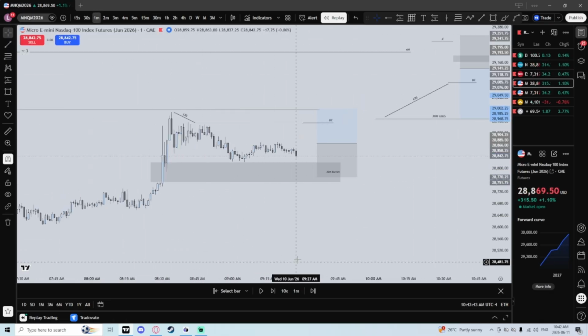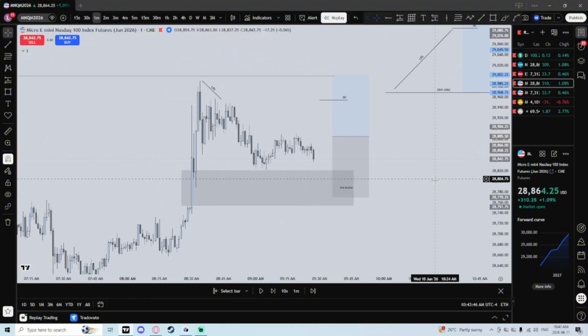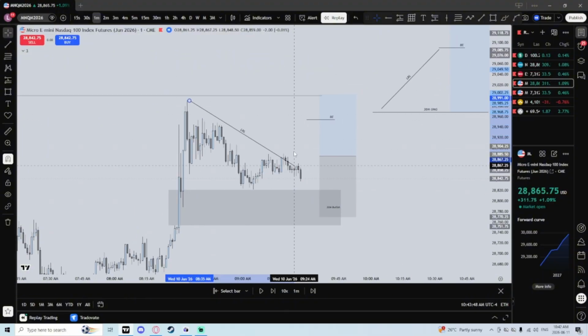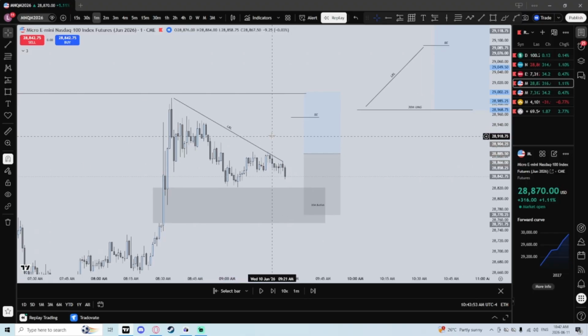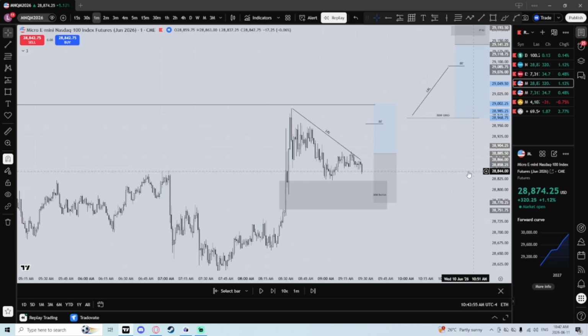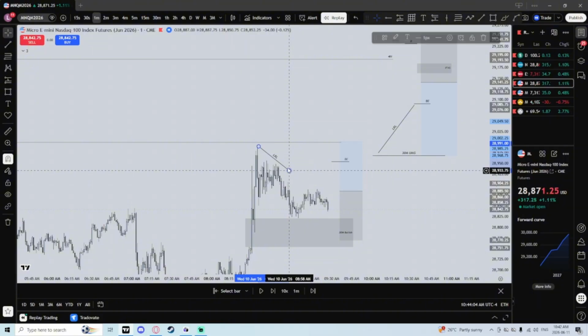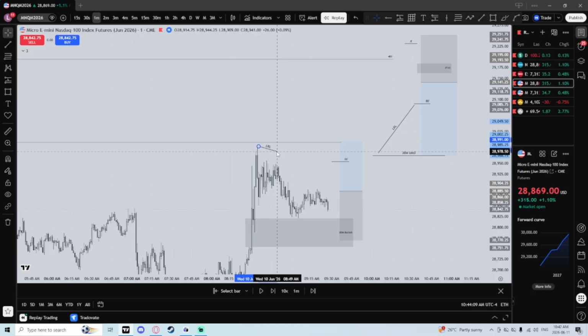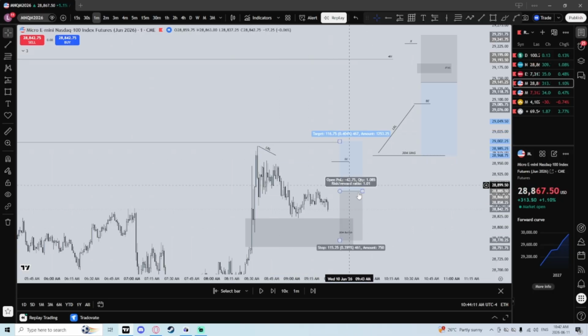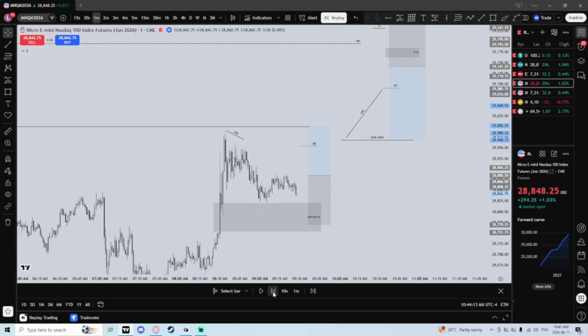So what I'm looking for is scaling down to the lower time frame. I see that we have generated low resistance on the lower time frame as well. So not only do we have high time frame low resistance leading up to our high time frame draw, we have low time frame low resistance liquidity leading up to a short-term draw. So in reality, I'm looking for price to open lower or generate liquidity before manipulating to then get our move up. So as you can see, market opens and